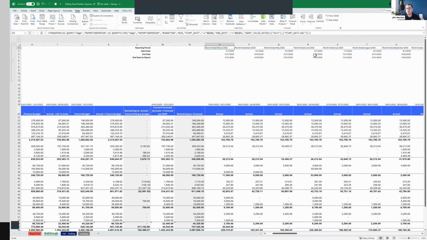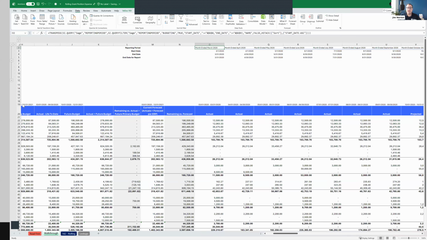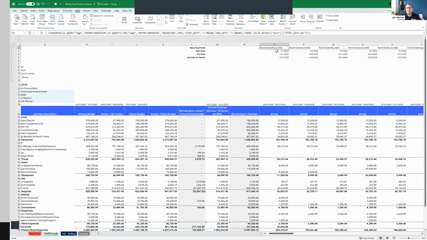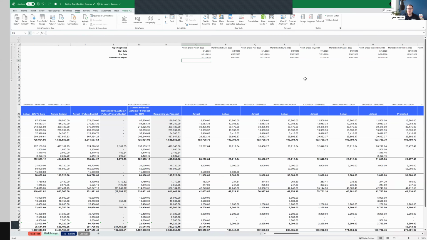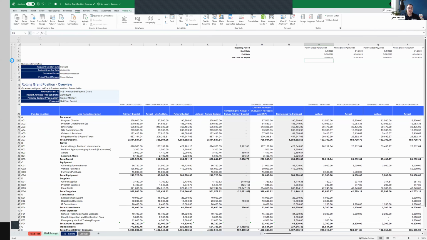I'll show you how we build this in the next session. It's actually all driven by point and click because we have a built-in query builder. So this function that may look scary, I didn't write a single letter of it myself. It was all point and click. It expanded out the reporting periods that are applicable to this particular project or grant. My start date, we have functions that can help us with that, right? So I've got my start and end date, and then I've got an end date that I want to use for the report, right? So all of this is fully automated and gives me this presentation.